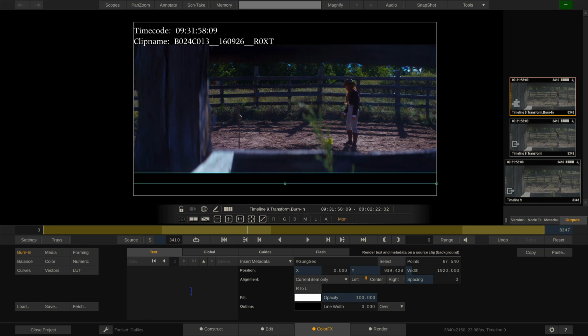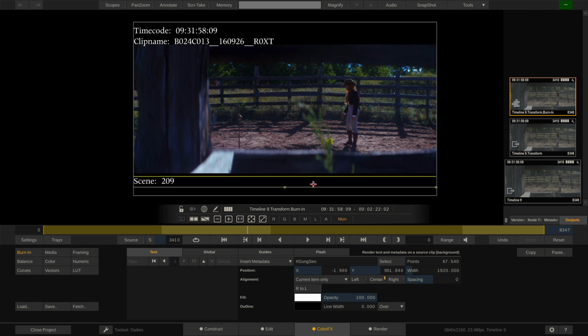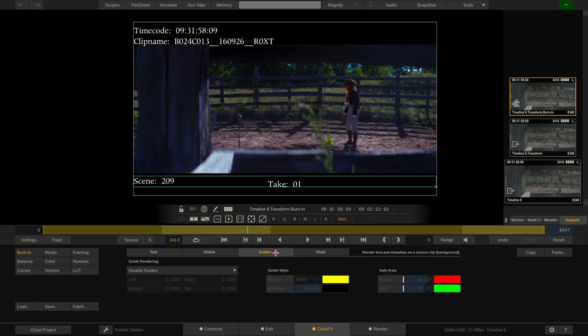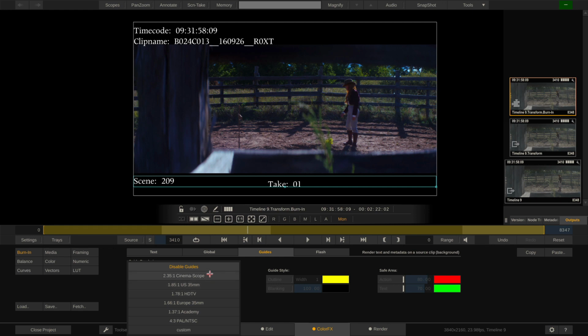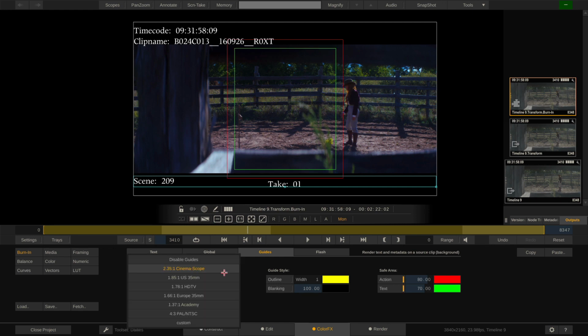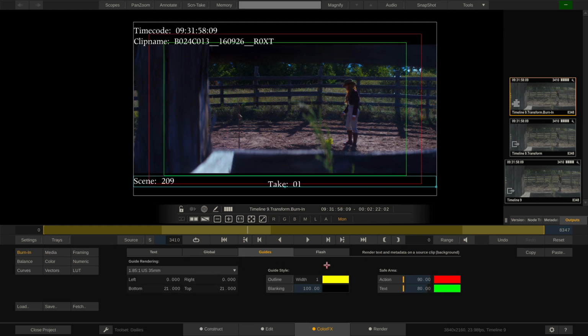Set x to 0. All right. And do scene. Hashtag scene. Oops. Like this. Create a new text box, center it, move it up again, and type in take, hashtag take, and so on. We have guides here, so you could even display action and title saves if you want that,